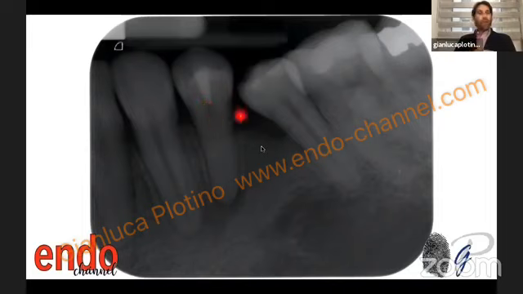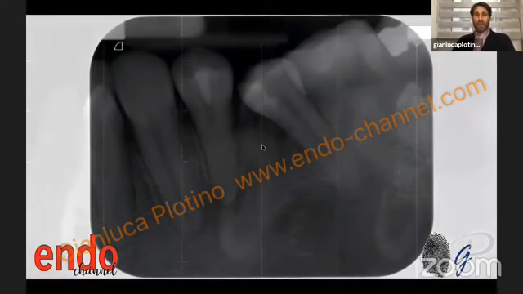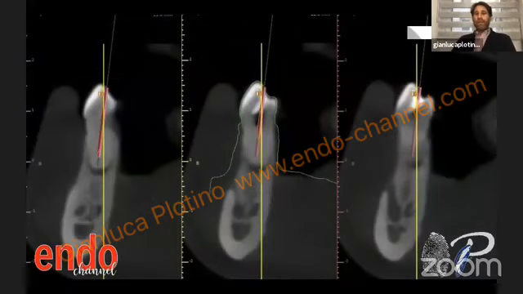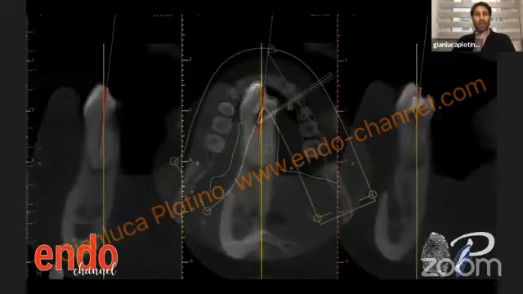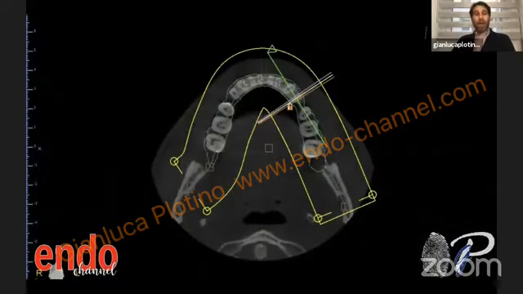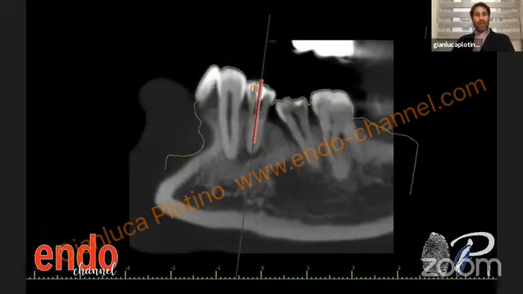But as soon as I do not find it, I do not insist, risking to create a deviation or a perforation or root damage. I stop, I ask for a CBCT, and on this CBCT, I will identify the apical part of the root canal, and I may plan the CBCT guided access cavity.